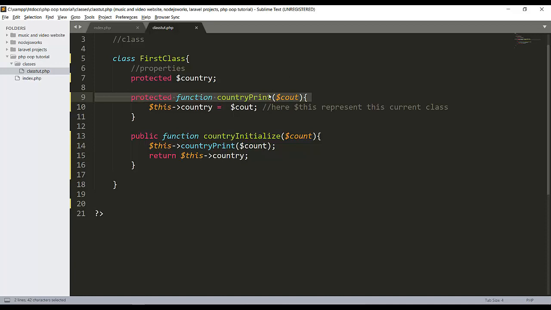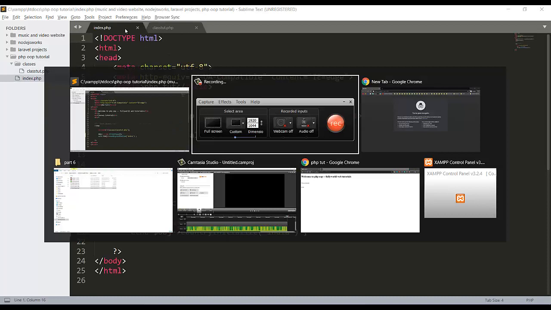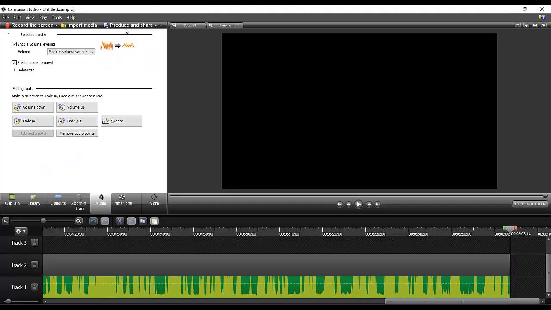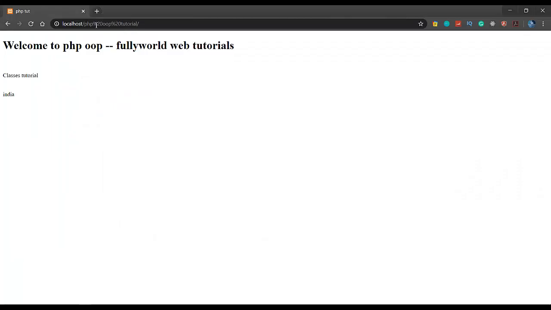India will be copied to our country here, because we have initialized our country here. After that this function will return our country. So now we got India here. See that, this is our India.